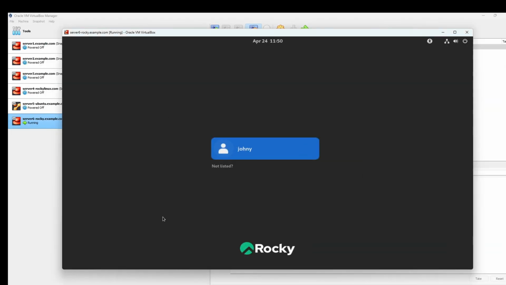So the installation has finished, the server has finished also rebooting, and now we are on the login screen, and here you can see the user that we created, Johnny. I can click on it and enter the password and login. You'll notice that the user root, the administrator account, is not here. Well, if you want to sign in with that account, you just click on not listed and you will enter the username root and the password that you set up for your user, and then you'll be able to log in. I'm not gonna do that. I'm just gonna sign in as Johnny, the normal user that does not have any